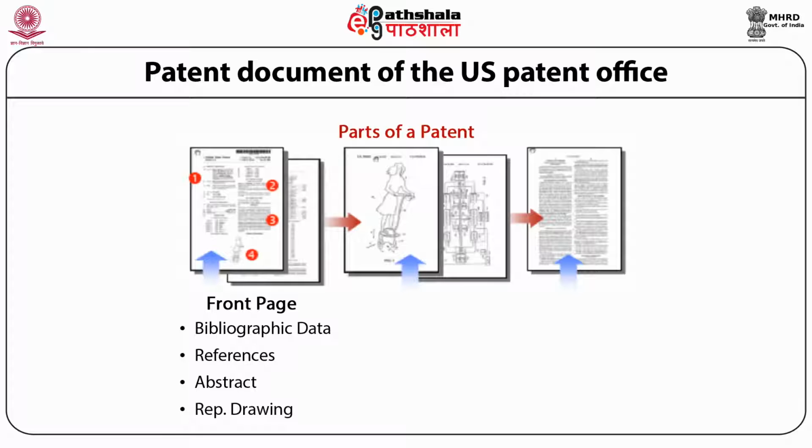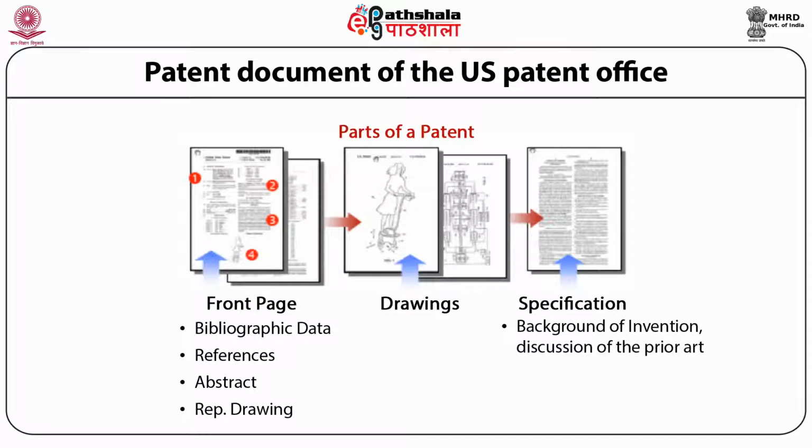Then there is an abstract of this patent and sometimes also drawings. Then you have the detailed drawings in some patents, and then you find the specification, which is a techno-legal document. We call it a techno-legal document because it talks of the background of the invention and discusses prior art. Prior art means the references, and how these references have been used by the applicant to demonstrate that his invention is new and involves an inventive process,